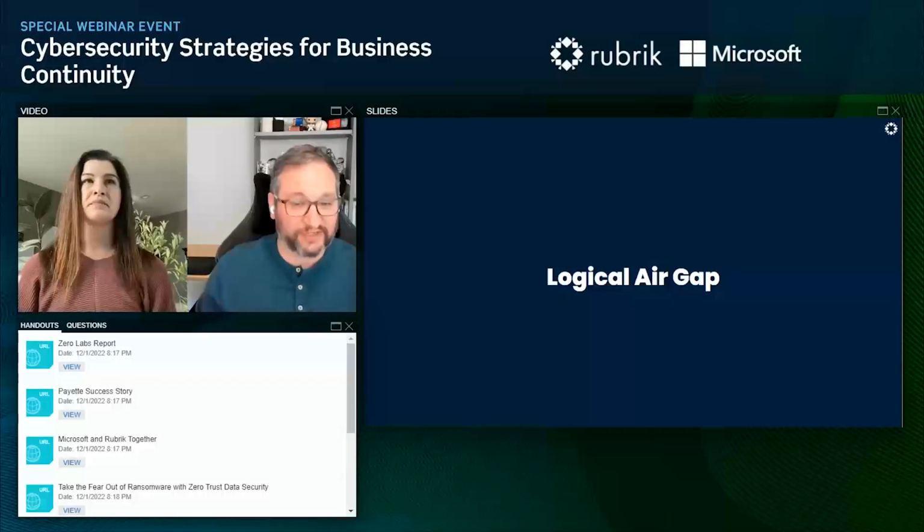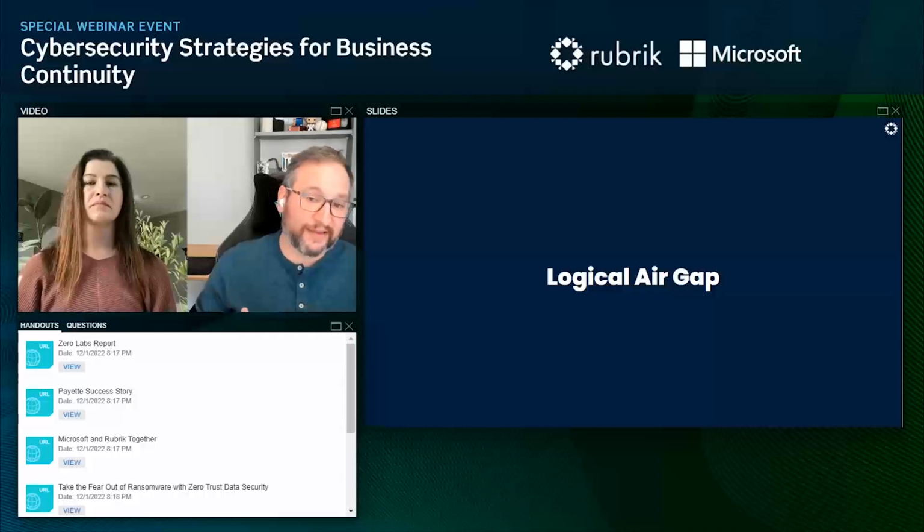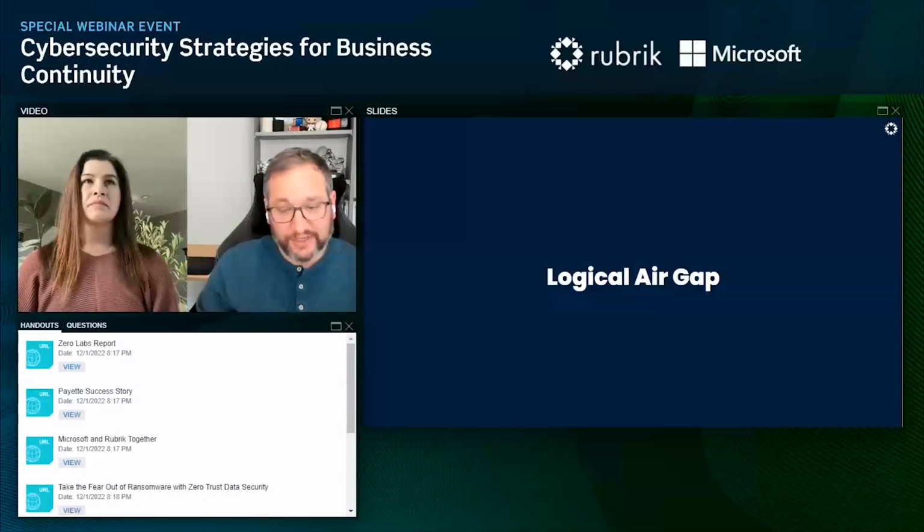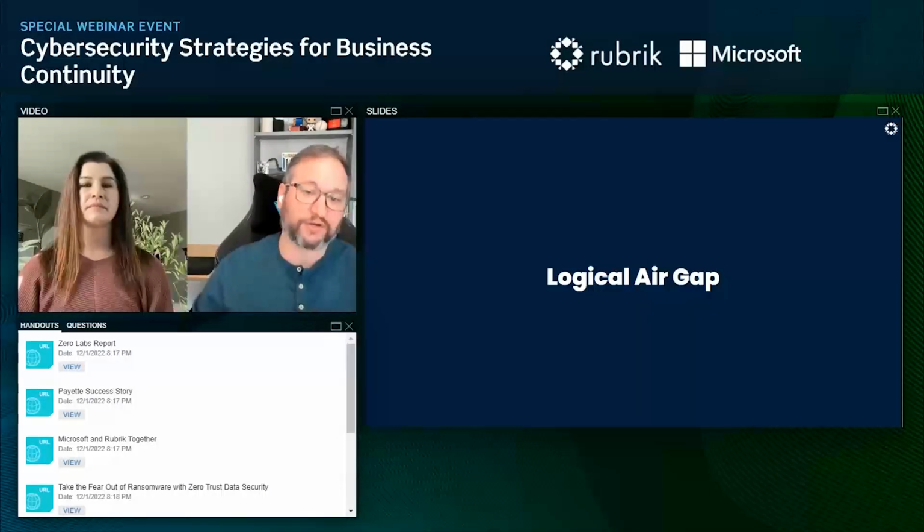Because ultimately there's a cost with that, right? The cost of not having that data online, the time it takes to access that data. If you're using that data in a BCDR scenario where you need to recover from that data, right? That's going to take you that much longer to get that data back into production. Whereas if you use logical air gap technologies, that data is online and available, and now you can get that data recovered much more quickly.